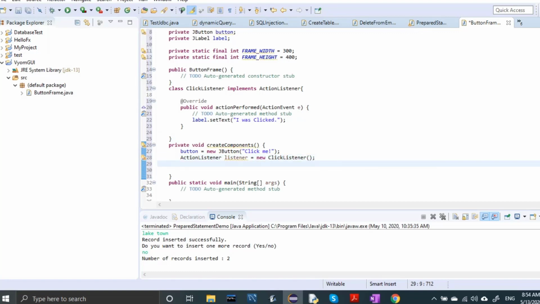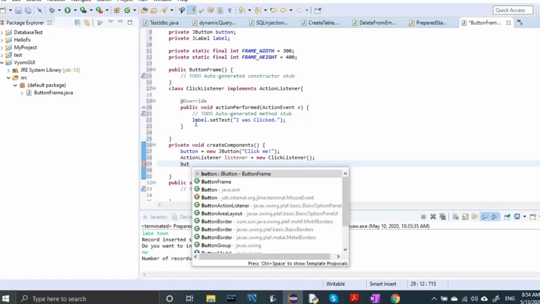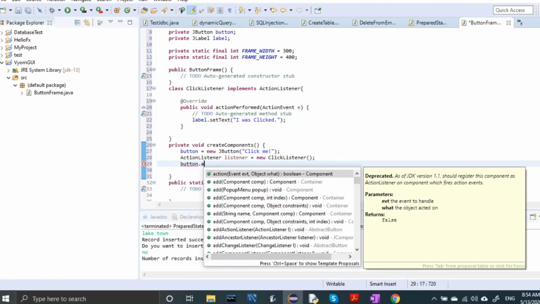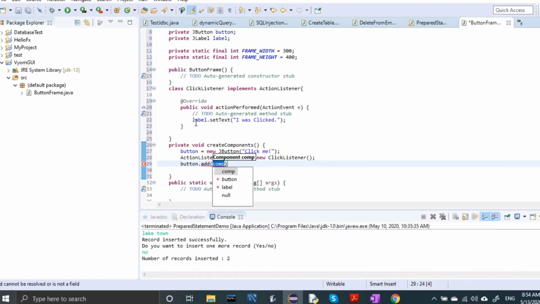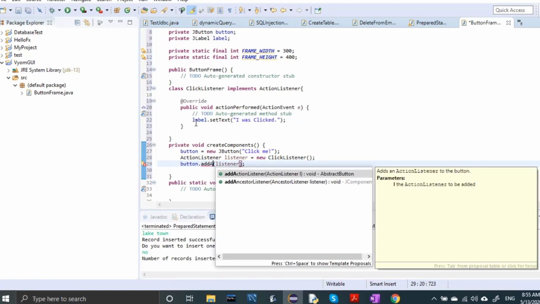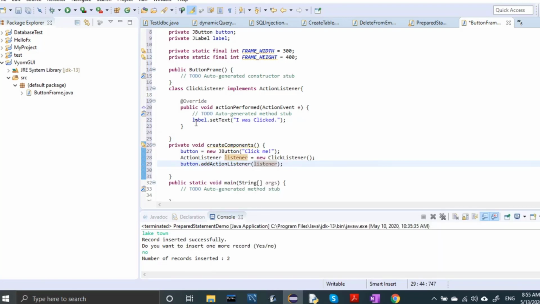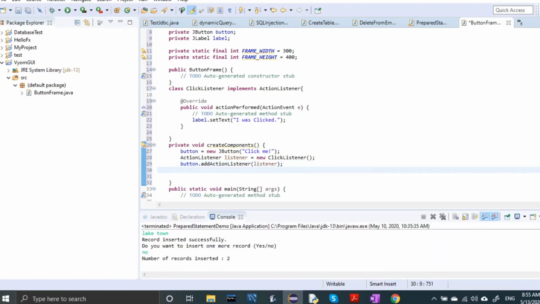Then you write button.addActionListener, the method name is addActionListener, and pass the listener.